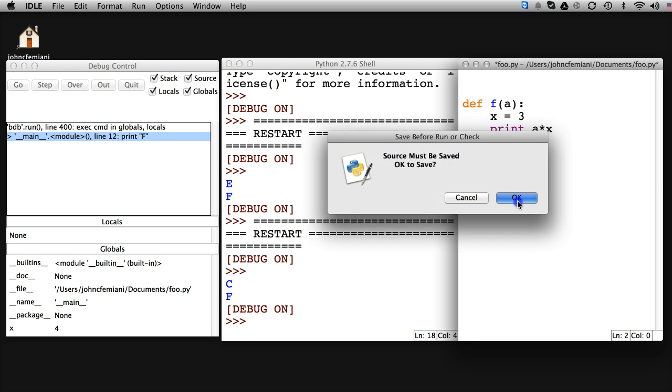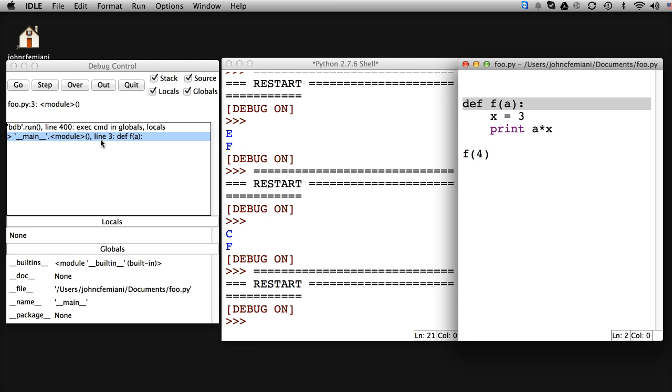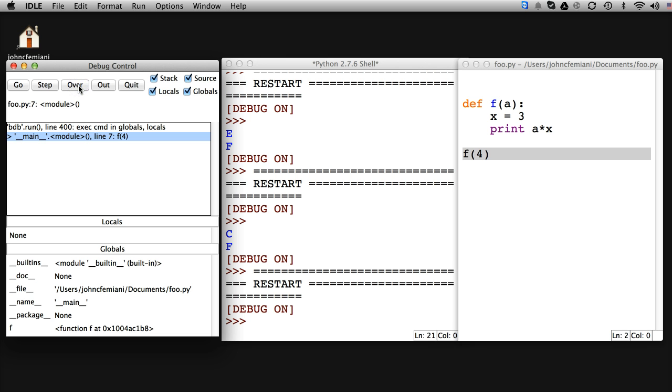So I hit run, save the module. The first line of code that's going to execute is line 3, which is going to define a new function. Out here, the globals, everything that is in the list of globals begins with a _, which in Python means that that's built in. I as a user didn't create it. That's part of Python. So the global variable name is the name of the module. The global var file is the file that's running, etc. So if I step over that, I have a global variable called f,